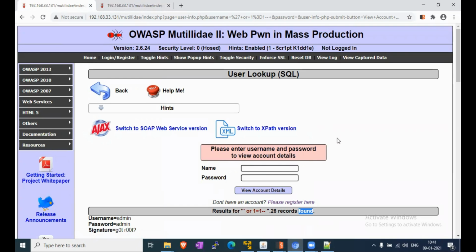We copied that HTML CSRF code, and we generated one user account using that CSRF POC.